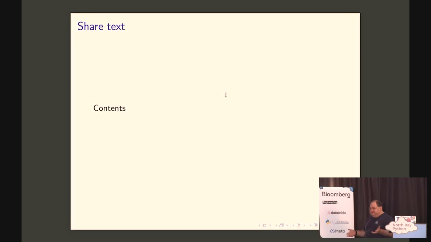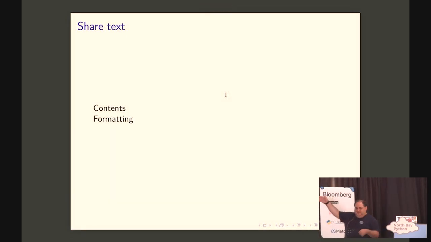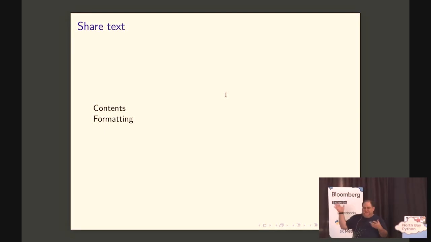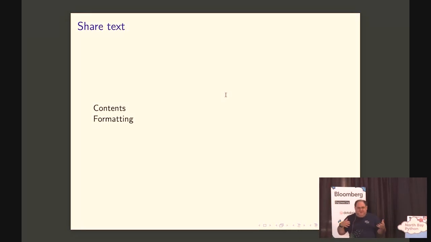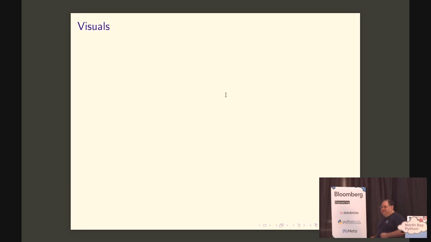And specifically when we have text, part of it will be contents. The word contents appears on your screen, so you know that I'm going to be discussing a little bit about textual contents. And the other thing that we do when we share text is we also have formatting. I made sure that the words contents and formatting are on separate lines. That was very crucial to the presentation here, otherwise it would be confusing about what I'm talking about. So this is a big part of teaching. But I'm sure you know where I'm going with this. In modern teaching especially, we like to use visual aids, for obvious reasons. We're, in general, very visual creatures.